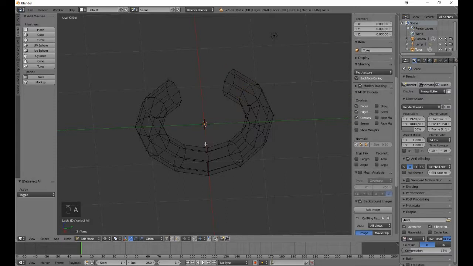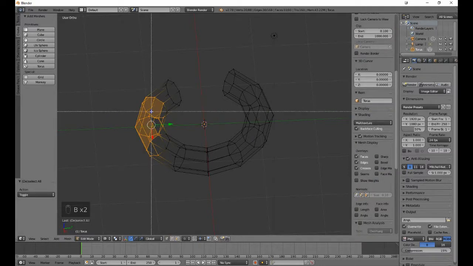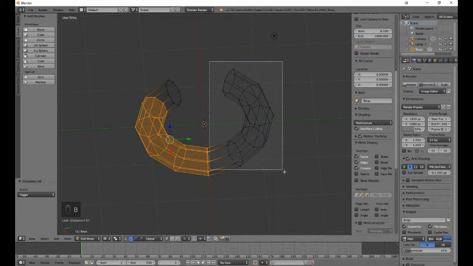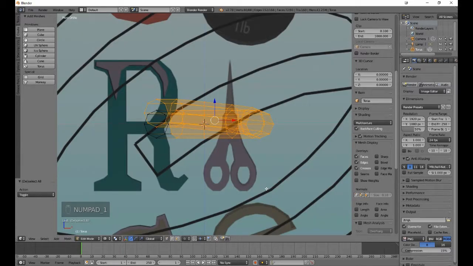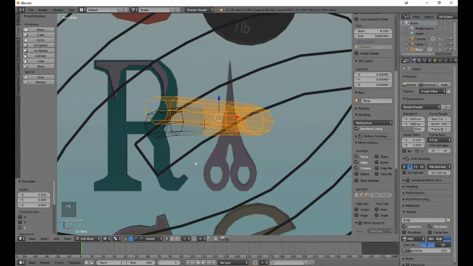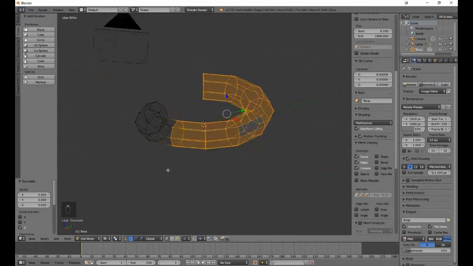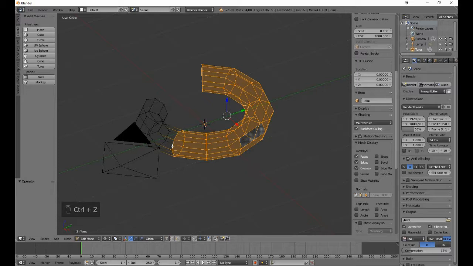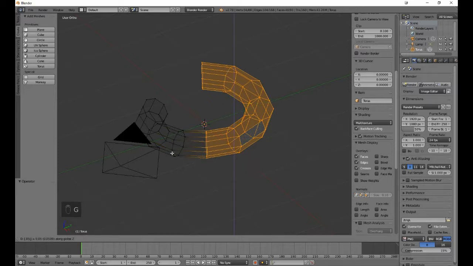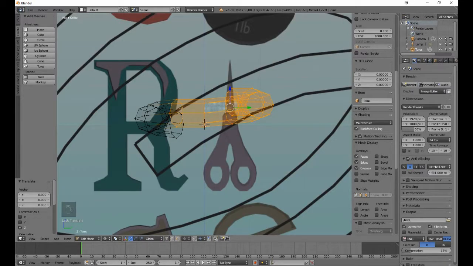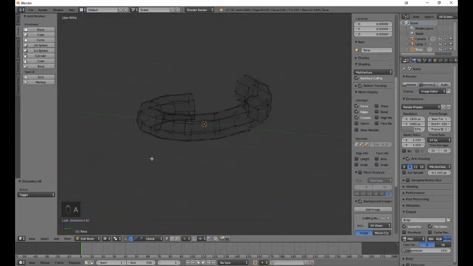We want to do this with all of them. So now we can grab these and just do what we did before. G, Z, 0.05, enter. Deselect, G, Z, 0.05, enter. Move it where we can deselect, G, Z, 0.05, enter. G, Z, 0.05, enter. Just got this one more to go. G, Z, 0.05, enter. And there we have a coil,